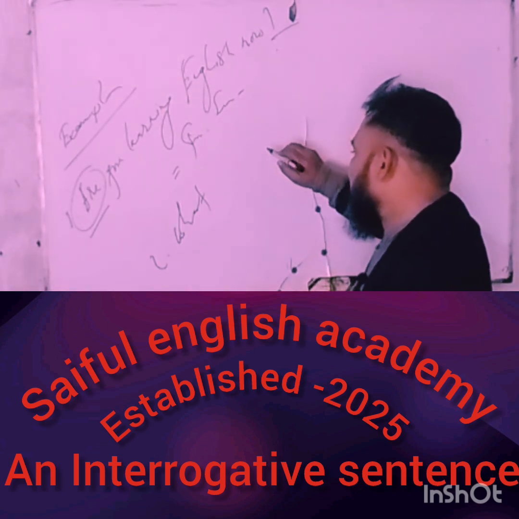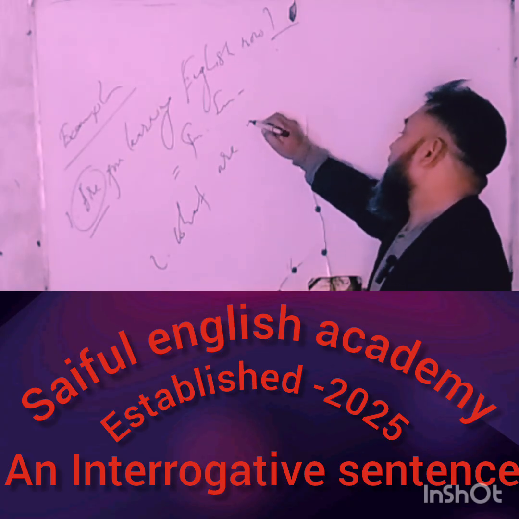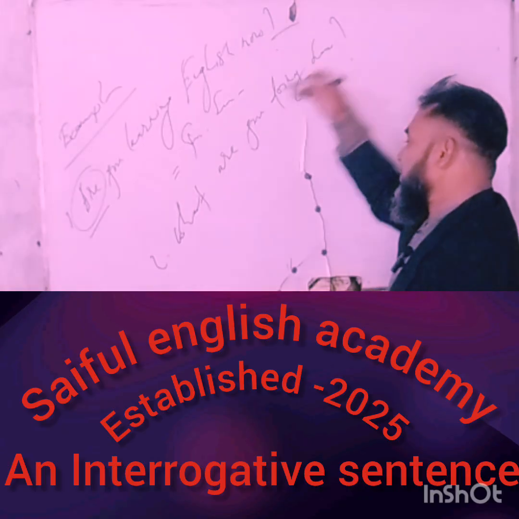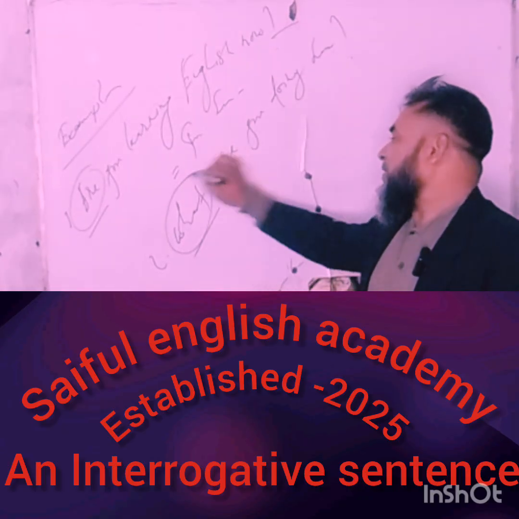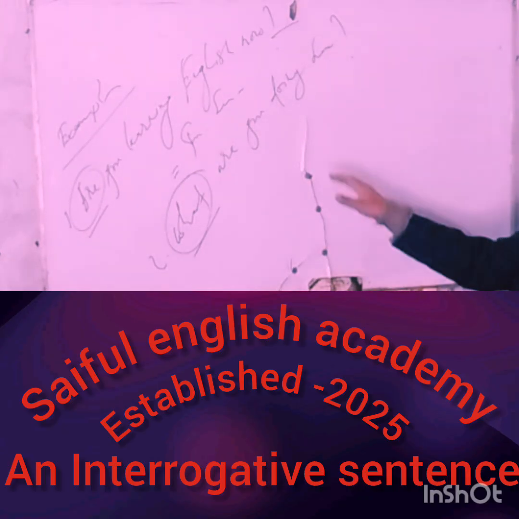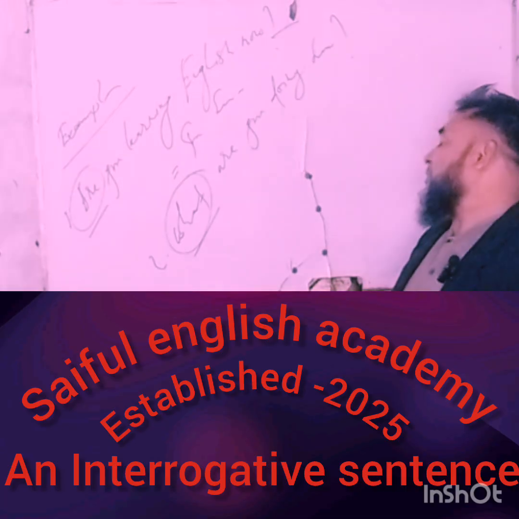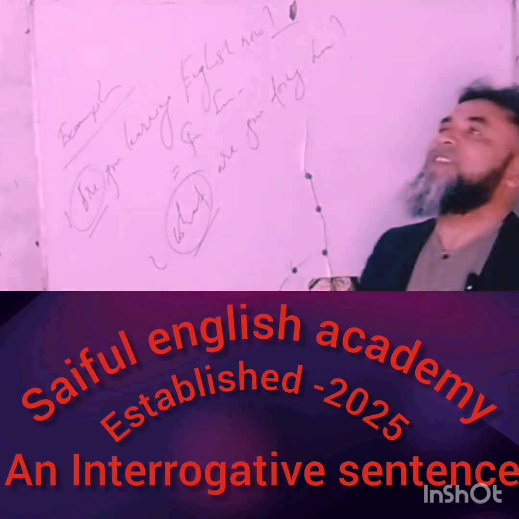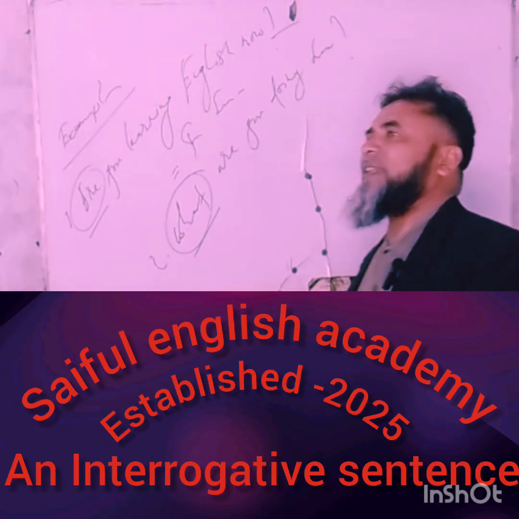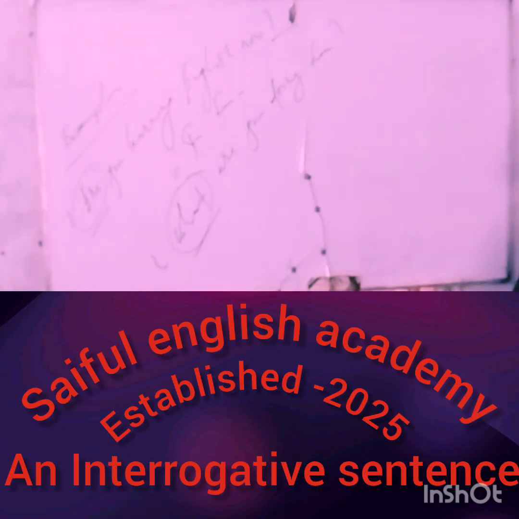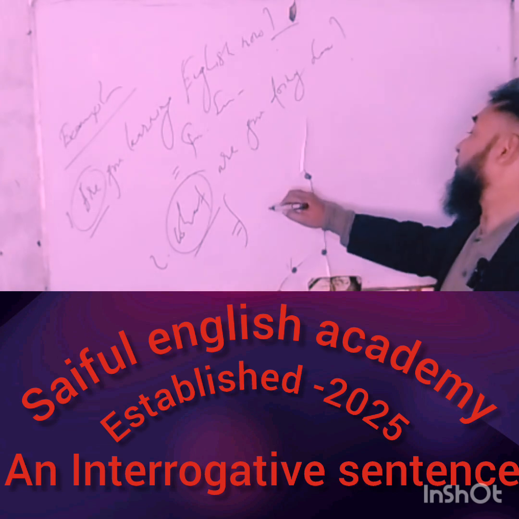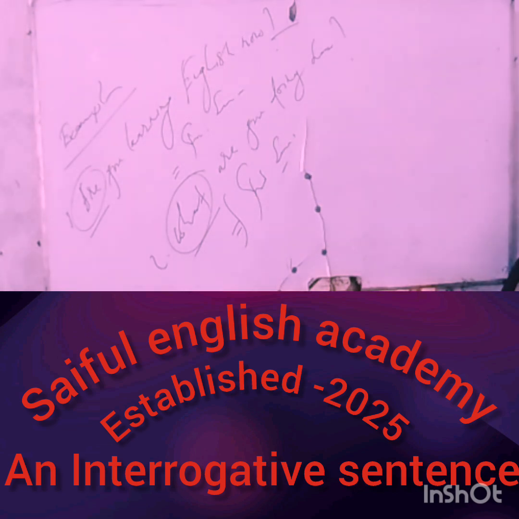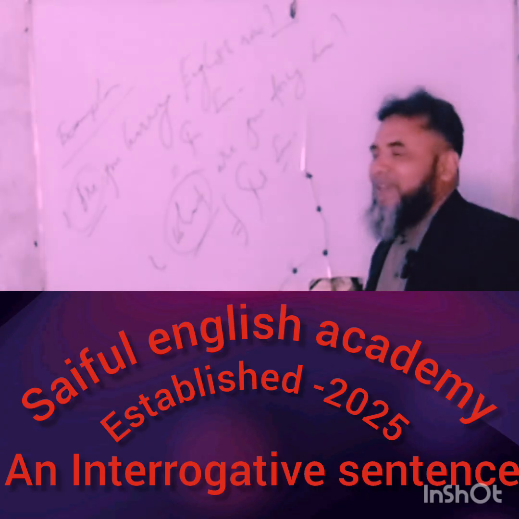My dear learners, next example: what are you doing now? Take a look at the board and try to understand. This sentence starts with the WH question word what and finally ends with the note of question mark. If you notice such kinds of sentences starting with a WH word and finally ending with the note of question mark, of course you can consider such statements as interrogative sentences. Hope that you have understood clearly.